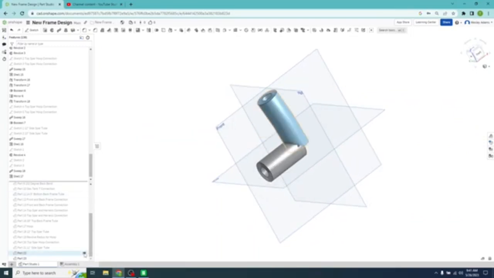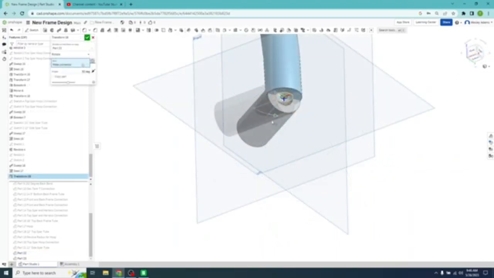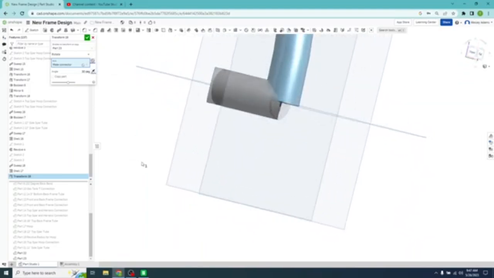Let's turn part 22 back on. Let's look at that in relation. Before we move it, rotate it in this direction, 30 degrees. I'm going to take that the other way. So I selected part 23, rotate, found the mate connector for it. It's this one right here. I want it to go the other way because that's really what direction we'll be facing it. I want to do the rotation first